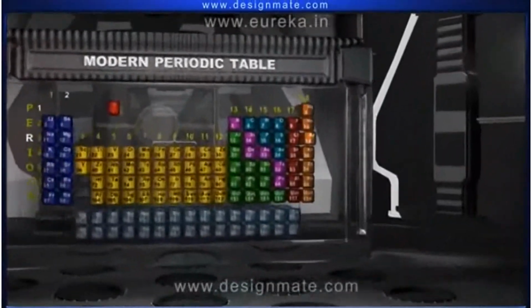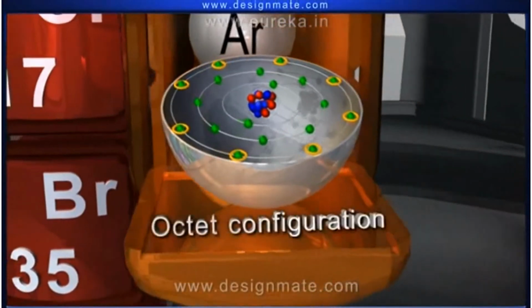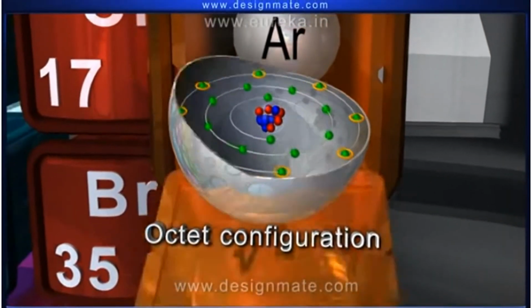The elements with completely filled outermost orbits containing 8 electrons are said to possess an octet configuration. Such elements